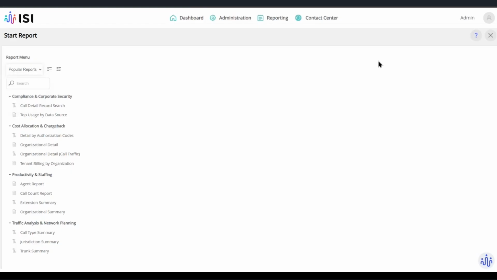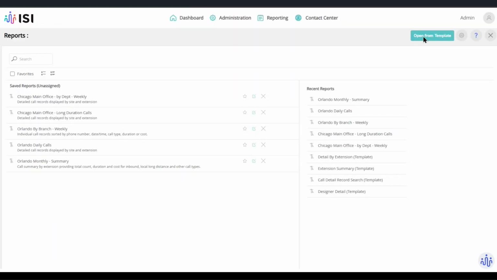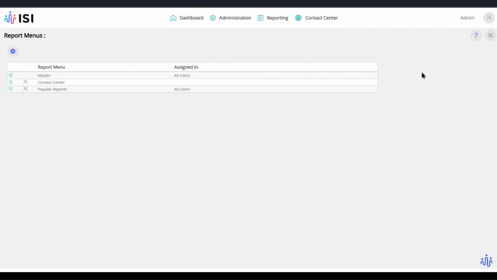What we're going to do is go back out to where we can go into templates. And instead of going into the templates, we're going to click on the gear. Now the gear brings up a lot of administrative options. If you're not an administrator of the system, there's a good chance you won't see these options. It's only if you're an admin, but it is something you can talk to your admins about perhaps creating for you, or if you are an admin, something you could create for your users. And we're going to go into the report menus feature.